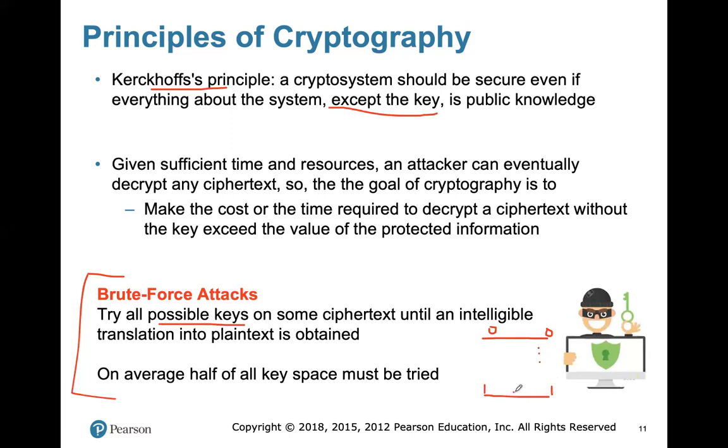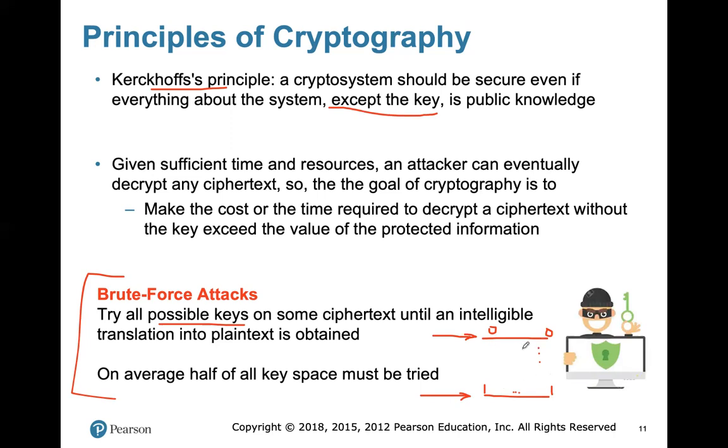If I'm the attacker, I have to apply many keys, 2 to the power of 64 different keys. But let's assume that I have that capability and I can apply them one by one. So this is called the brute force. Of course, I might be lucky, and the first key that I apply is the key that you actually used. And in the worst case, I might be very unlucky, and the very last key that I apply is the key that you used. So this is a best case, this is a worst case. Of course, we don't look at best case and worst case, we look at the average case.